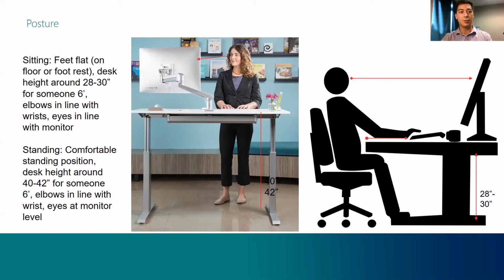It's just nice and neutral. And then if you're standing, you want to make sure it's comfortable at a general height of 40 to 42 inches, but keep in mind the same rules. You want your elbows to be in a neutral position, 90 degrees, and your wrists nice and straight. And again, with the monitor, you want that at eye level. So if you're standing, that might be a little bit higher